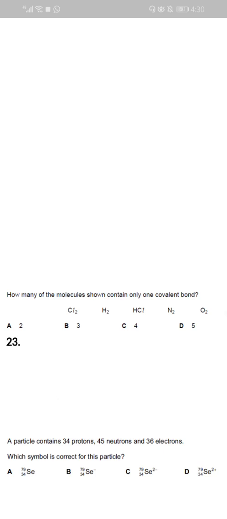So, next question: how many of the molecules shown contain only one covalent bond? A covalent bond consists of two electrons. Whenever two electrons are shared, they form one covalent bond. So in this case, chlorine, hydrogen and HCl form one covalent bond, because in the case of chlorine, you see that